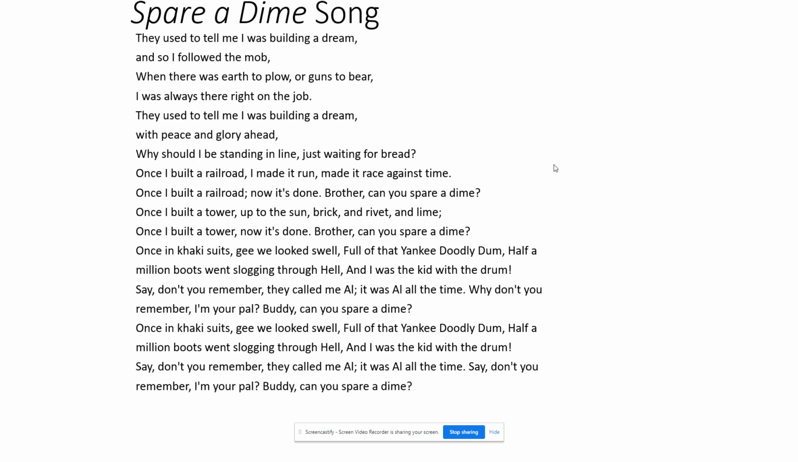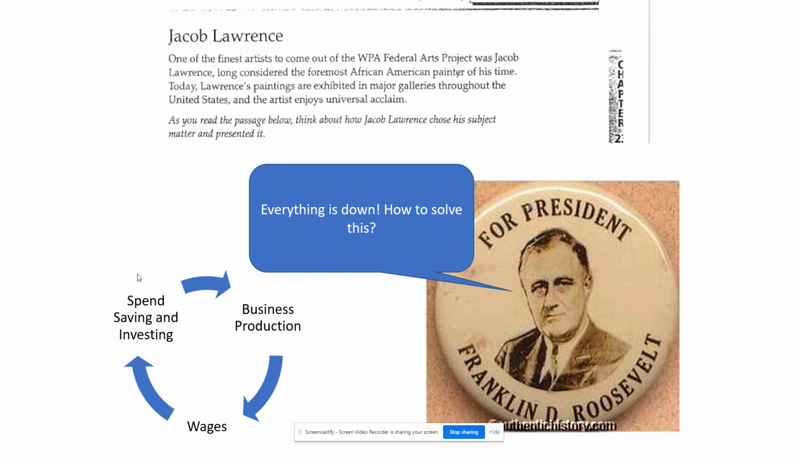Common song during the 20s, Brother Can You Spare a Dime? Notice how here they're talking about, once I built the railroad, I made it run. I built a tower, khaki suits, we fought in World War I, and now I'm just sitting in line waiting for bread. Got nothing, which is what's going to lead to the American people voting in FDR, Franklin Roosevelt,